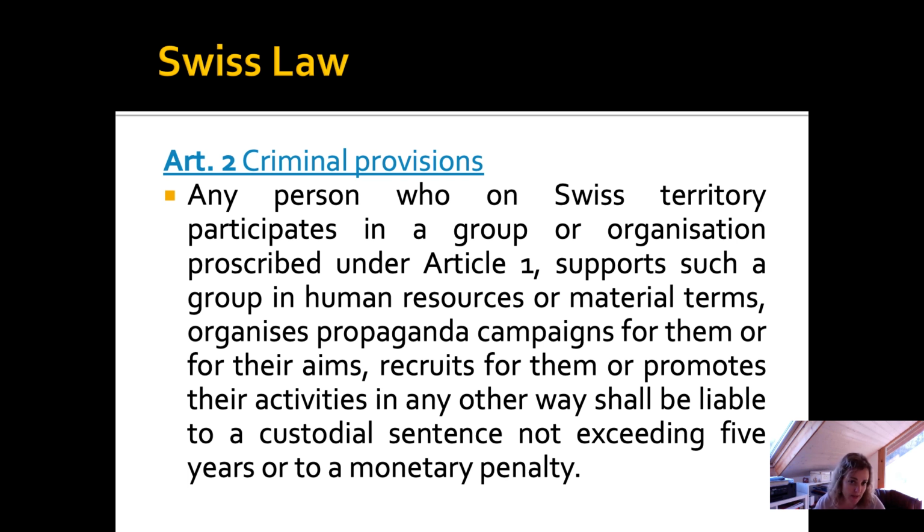There was some debate at the time this legislation was adopted whether humanitarian engagement with either Al Qaeda or the Islamic State would fall under the legislation. In fact, there was no exception in the legislation which was introduced. The discussion was to say, oh no, but humanitarian organizations are not the ones concerned by this legislation. You could look into the debate of the parliament at the time, which discussed these issues.